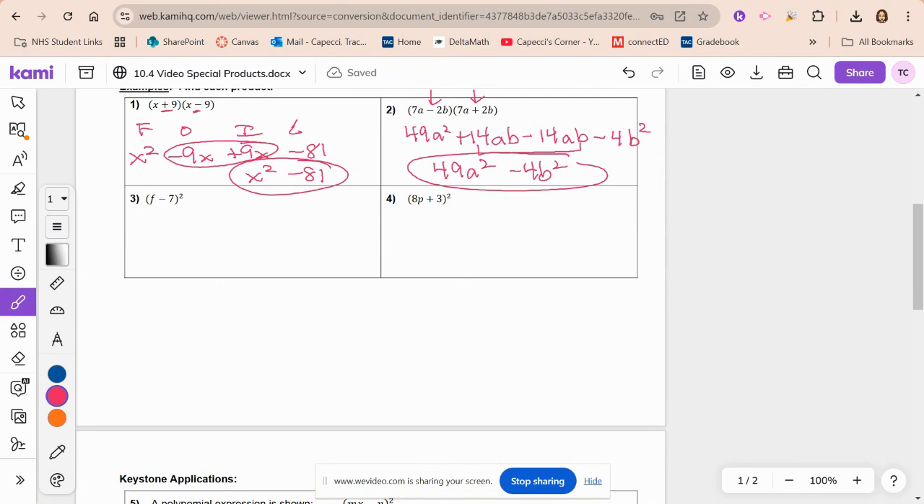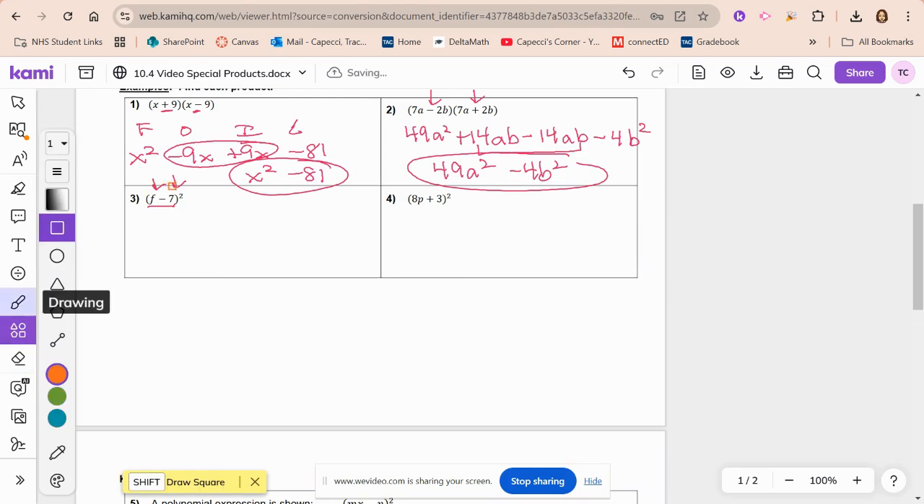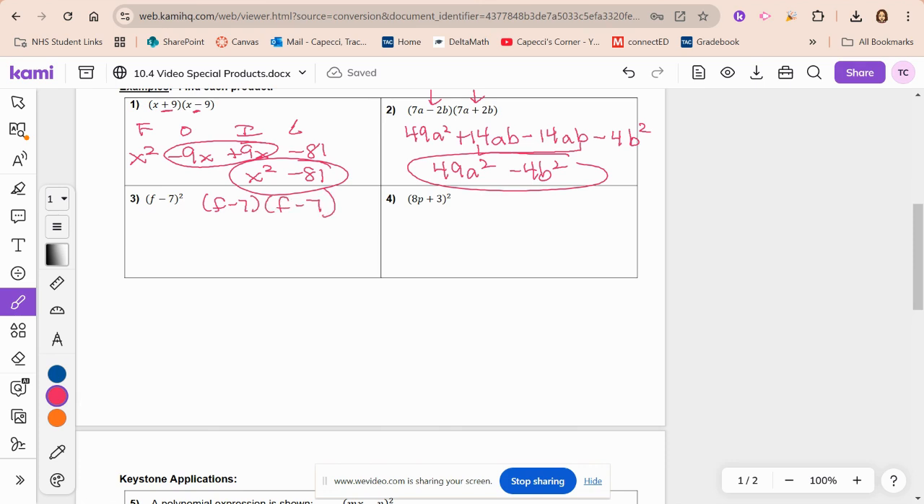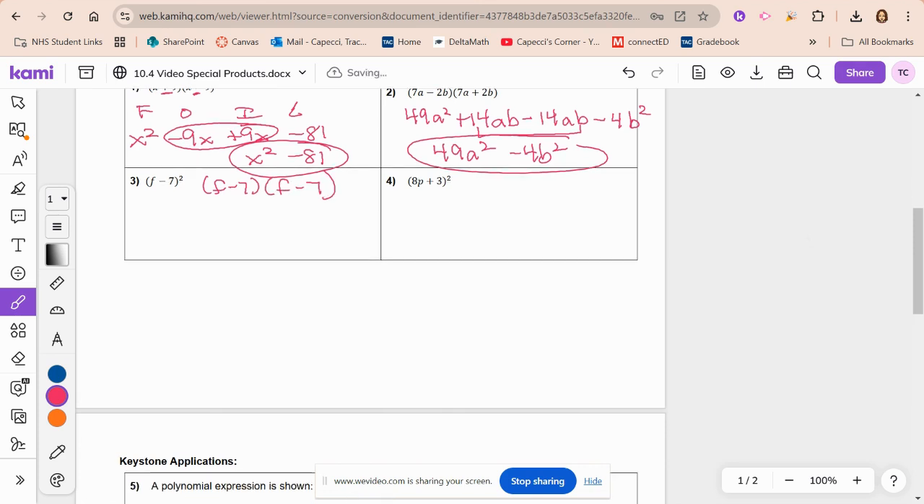Okay, so now in number 3, we have (f minus 7) squared. What students want to do by accident, which is incorrect, is they want to square the first term and square the last term and think they're done. But that's not how it works, right? It says here that the whole binomial, f minus 7, is going to be multiplied twice. So the easiest way to do that so you don't make a mistake is just write out the two binomials